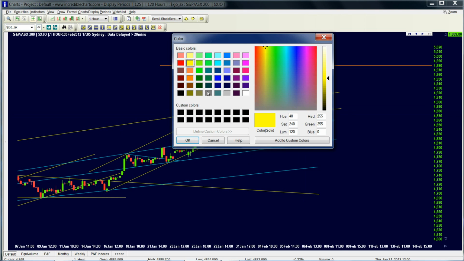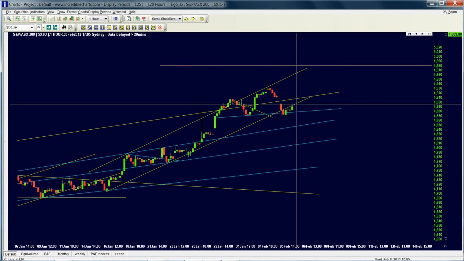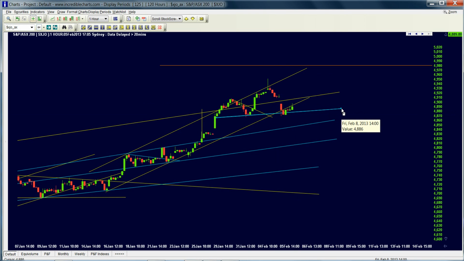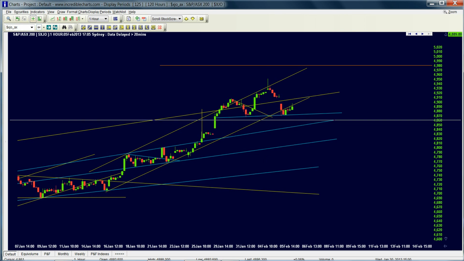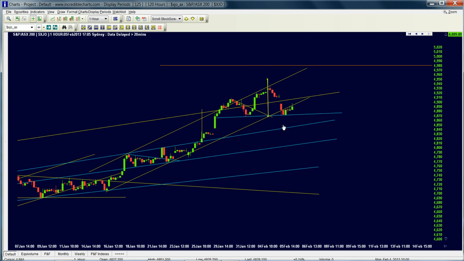In fact, what I'm going to do from this point is treat this yellow line here as a neckline to a head and shoulders top, because you can see here we've got a left shoulder, we've got a head, and we're potentially forming a very, very small right shoulder. So guys, what I might do is adjust this bottom neckline down a little bit, and then we'll measure from the highest point of this pattern down to the neckline, and then we'll add that on to wherever the market breaks this area of support. And we could expect then that we'll probably most likely see a move down to around that 4,791 area